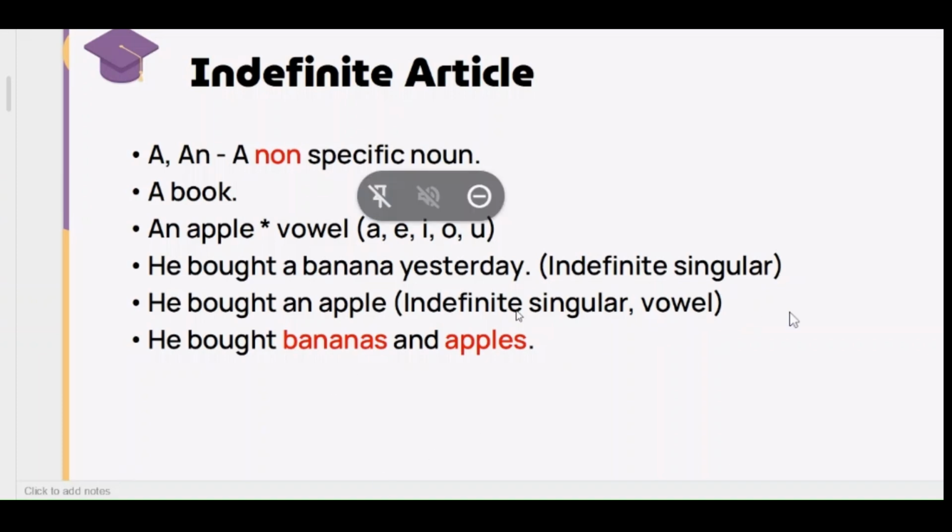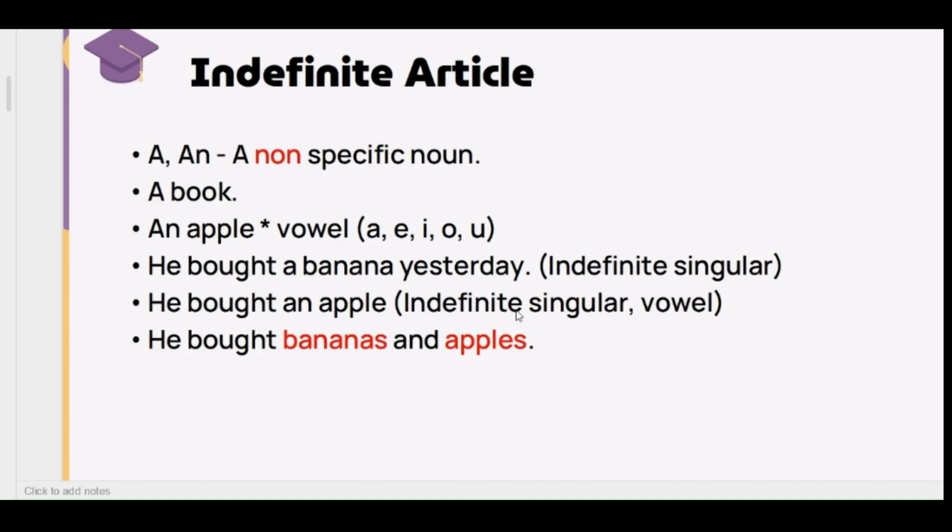Okay, so as I said, Chris, we have the definite article, something specific. The only one we have is "the": Ay, me encanta tu taza. I like your cup, your coffee mug. Then we have the indefinite articles, which are a and an. Remember, a is for something singular. An is also for something singular. What's the main difference? An is used for a vowel and a is for a consonant. You already know that.